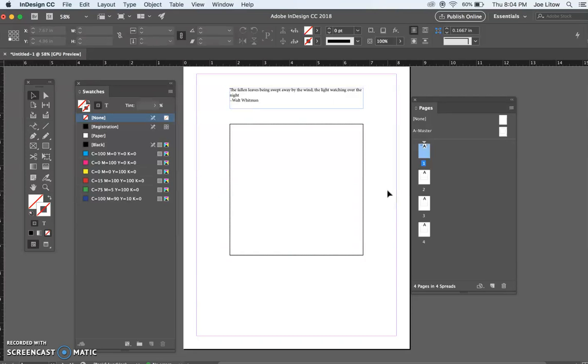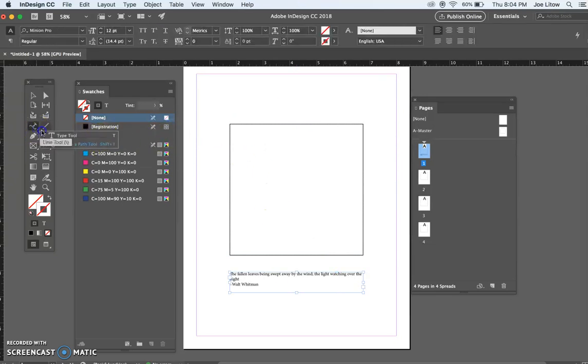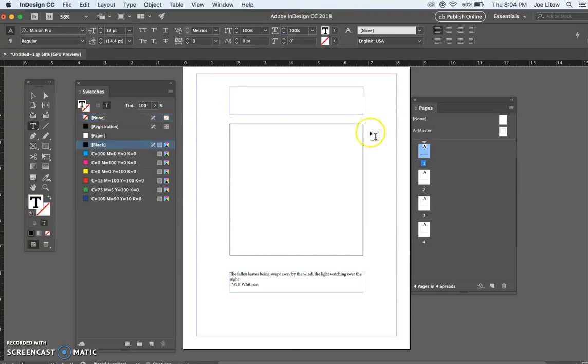And what I'd like you to do is type on the top. Now, since this is the first time we're doing this, I want to show you how to go about doing this in InDesign. Take your text tool, the type tool, draw a box above the square, and then type in